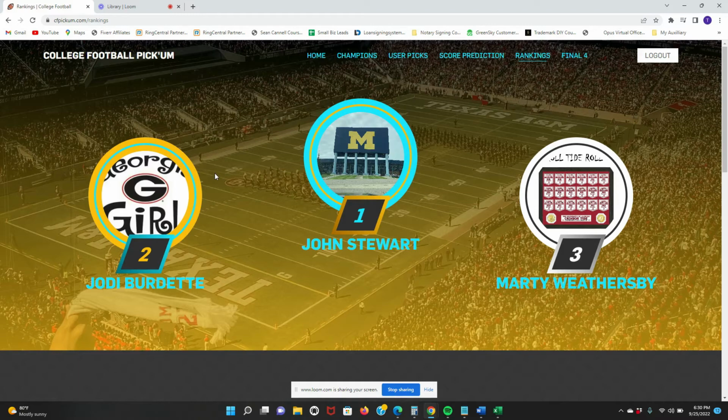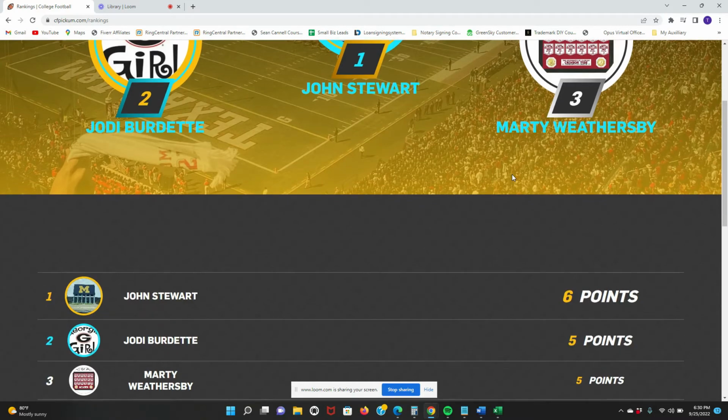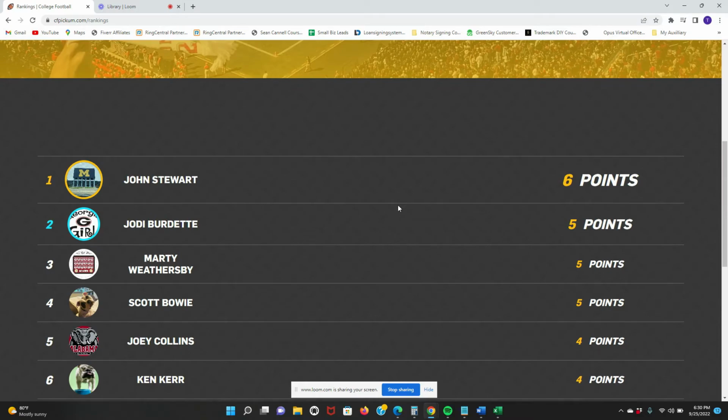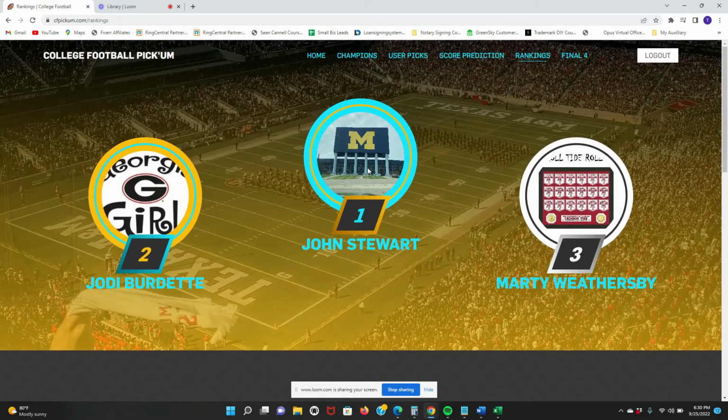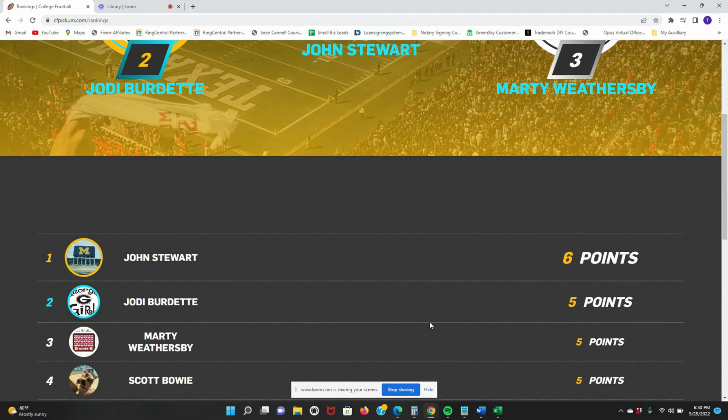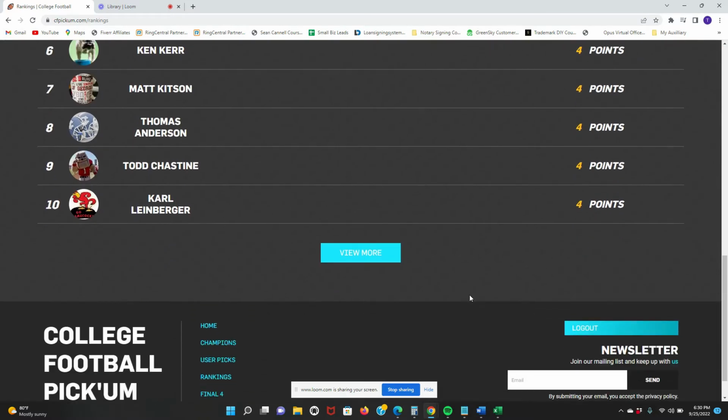As you can see, it says that John's in first place, Jody's in second, and Marty's in third. And yes, we do have women playing this game also. So it's a great game to build team camaraderie for the whole entire team. And as you can see, John's, of course, based on the rankings here, it tells the number of points that each player has. And the way we designed it is to not